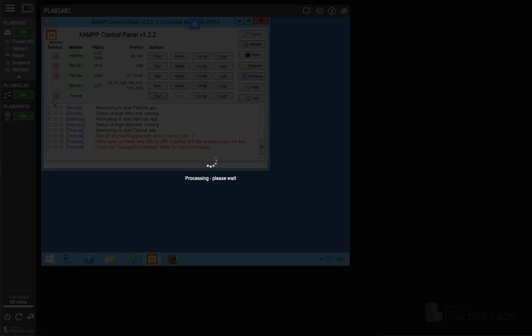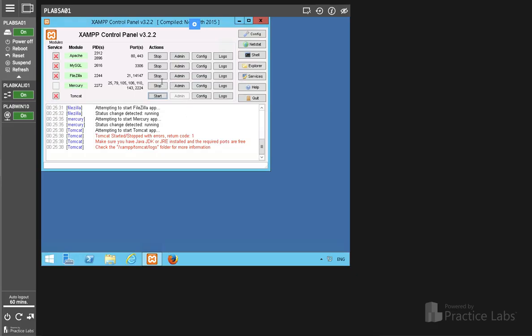Okay, now once we do that, let's go ahead and skip. So now that we have this running, we don't have to worry about this. Primarily, we're only worried about the Apache server and also Tomcat. So let's start this again. Not a big deal. Okay, so now that this is configured, we want to go back to Windows 10,